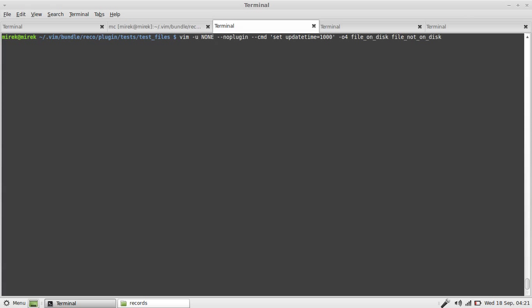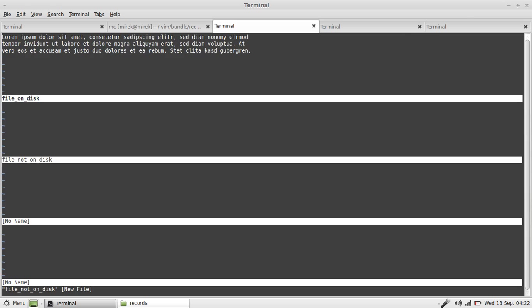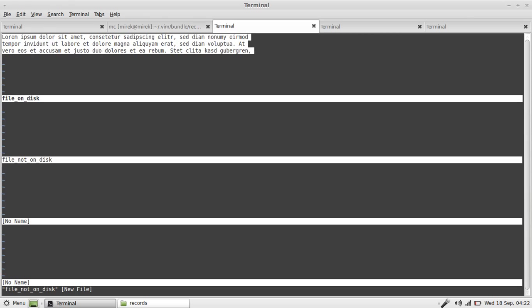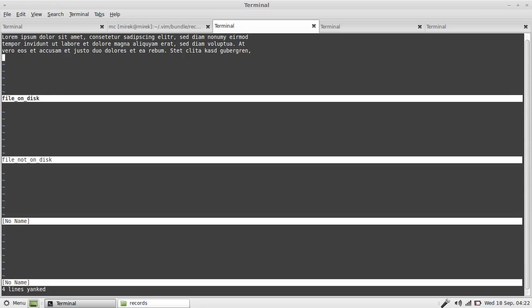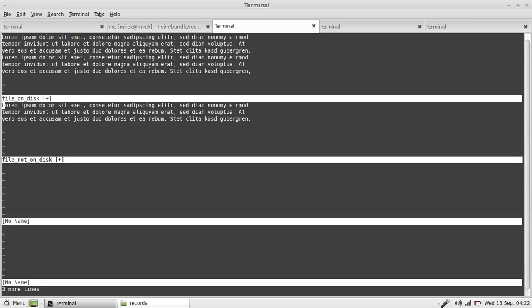So, just a simple Vim session, no vimrc, no plugins. We're only setting the update time for swap to 1 second, so we won't waste our time waiting for updates. And open four windows: one existing file, one new file, and 2 empty buffers. So now just make some changes to each buffer